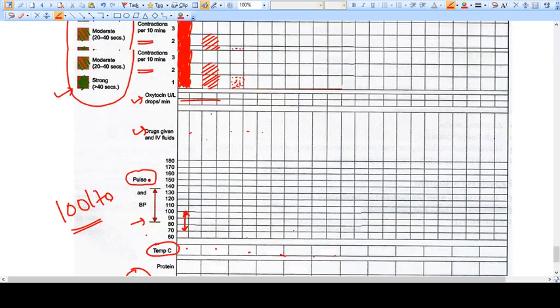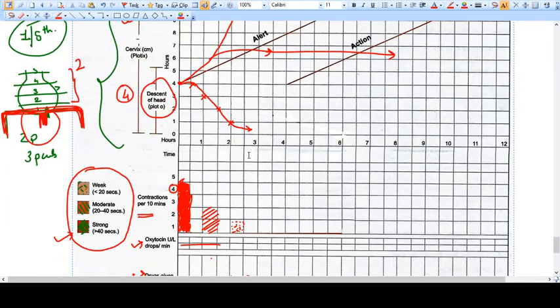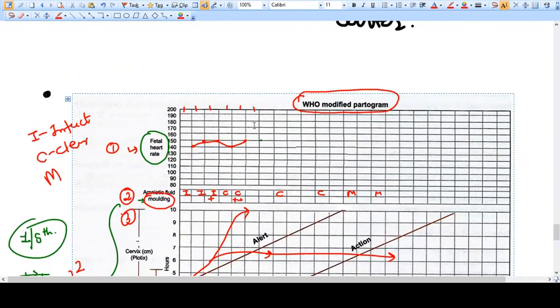So all over, what I'm saying is, the partogram is actually very helpful, and it is a very graphical recording, a graphical image of the labor. Just seeing a partogram, an obstetrician can get an idea of almost everything that is happening in the labor. So it is a very, very useful tool.